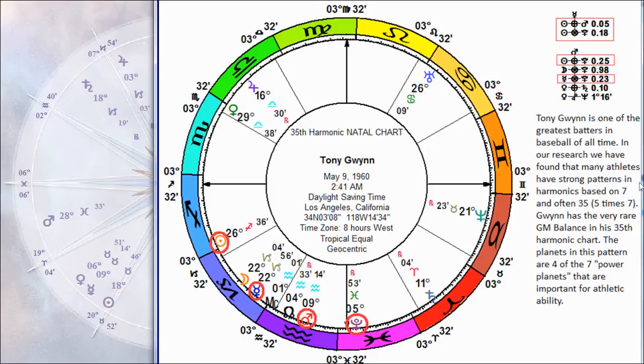So what we're discovering in vibrational astrology is that there's this intricate tapestry of energies, just fascinating, beautiful patterns that are formed that have not been identified before, because historically people didn't have the ability to calculate this accurately or this quickly with computers, and it's only in this information age that we can make these discoveries. So what we have in the 35th harmonic chart of Tony Gwynn is this beautiful pattern, and we have the